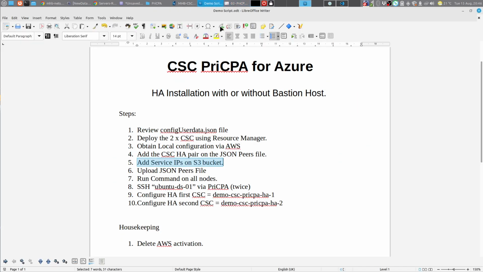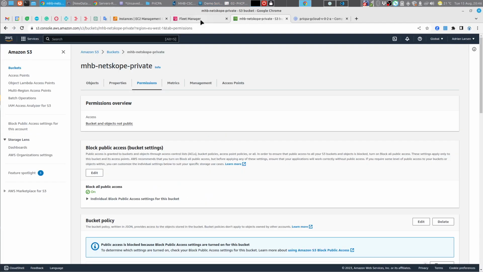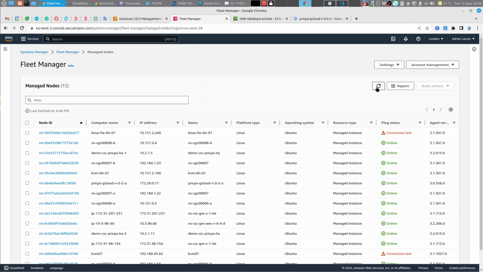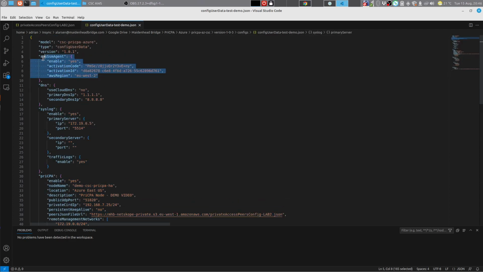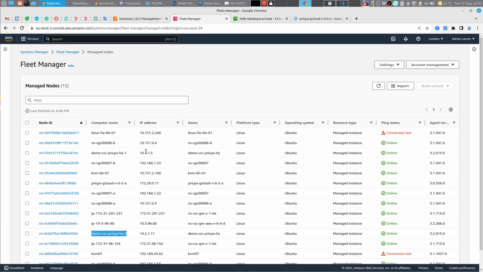Well, going back to my script, obtain local configuration via AWS. Then if I go to my Fleet Manager here, if I do a refresh, you can see we have the connector 1 here and the connector 2 here. Okay. This is not happening by magic, this happened because we passed the keys on the configure the user data. Then what I will do is on this connector number 1,